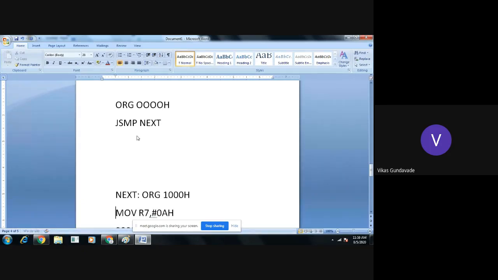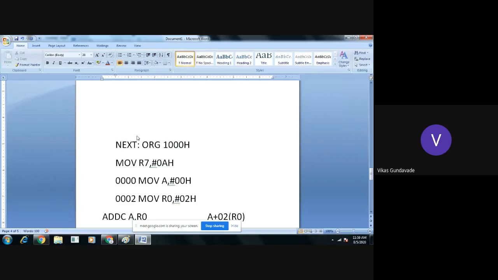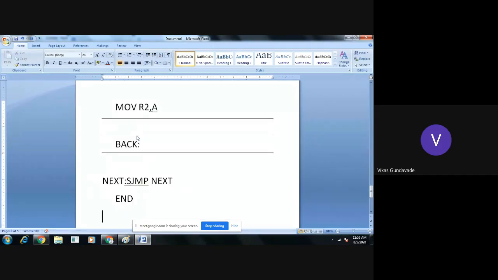So there may be some spaces. By leaving those spaces or those address locations, we can take the jump to the next location also. So we cannot say it is only the previous location or the previous address. We can take the further address also. Keep in mind, a label is nothing but the address location where we can make the jump. So that address may be the previous address, maybe a further address, or maybe the same address. Just like here, we have made the jump to the same location. Right? Everyone got it?